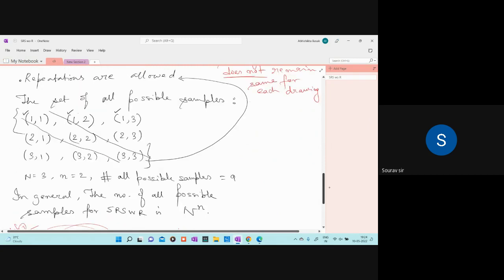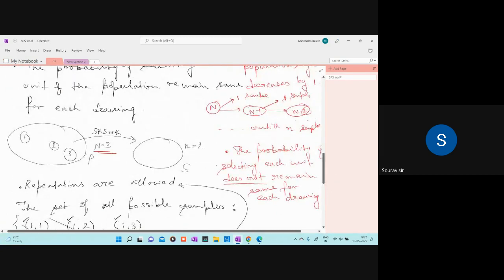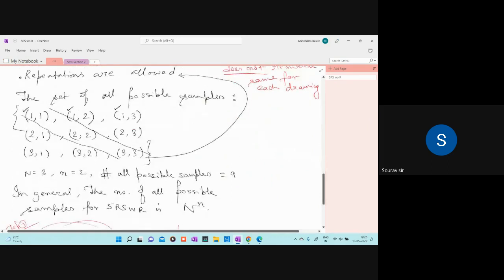So I am continuing with the same example. Suppose I have capital N equals 3 and small n equals 2. Now we are doing the same thing with SRS WOR, but whether we do it for WR or WOR, these will be all the possible samples, yes or no? If you can see, since we are getting a unit and not replacing it back, the set of all possible samples